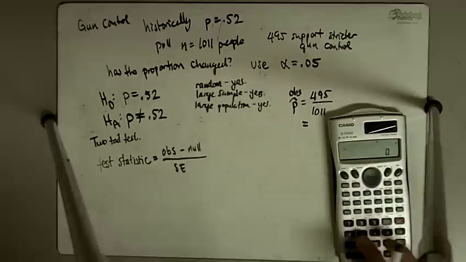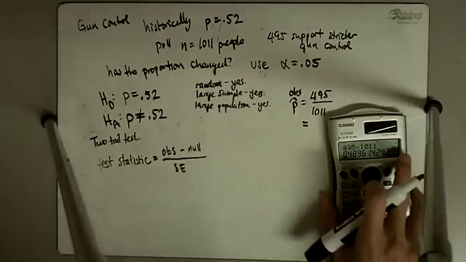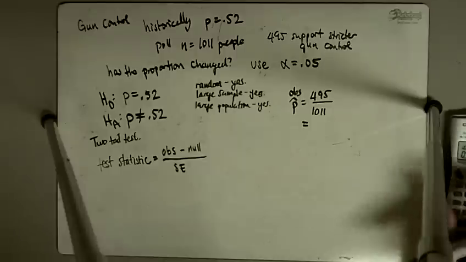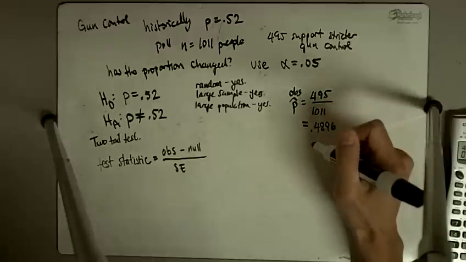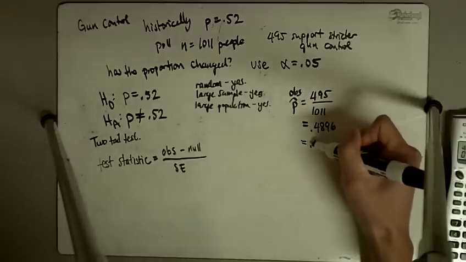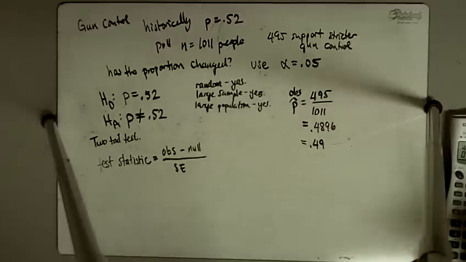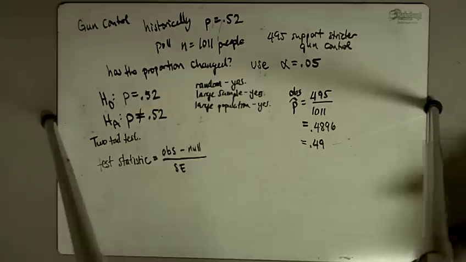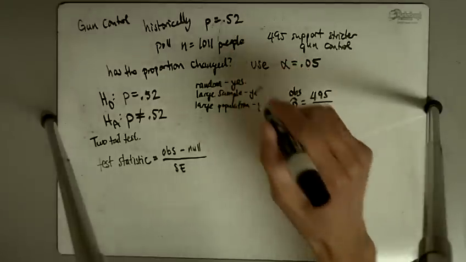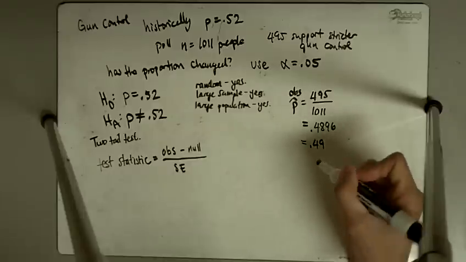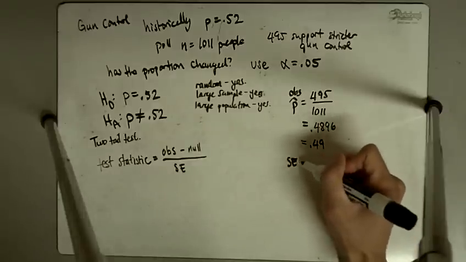So 495 divided by 1,011 is 0.4896. I'm going to go ahead and just round that off to 0.49. That's fine. My null hypothesis states we're expecting 0.52, and my standard error comes from the null hypothesis, so